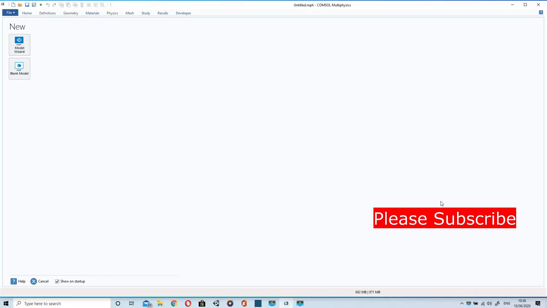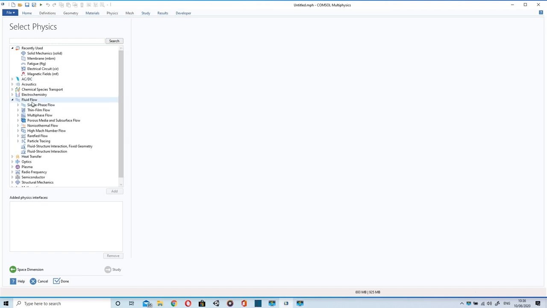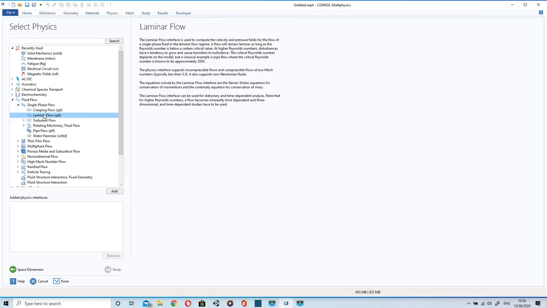When we turn on COMSOL, we will have a screen like this. We will select Model Wizard. Here we will go to 3D because we want to do 3D analysis. After that, we will have a number of physics, but currently we will discuss fluid flow. In fluid flow, we will select single phase flow and then laminar flow. After this, we will add it,